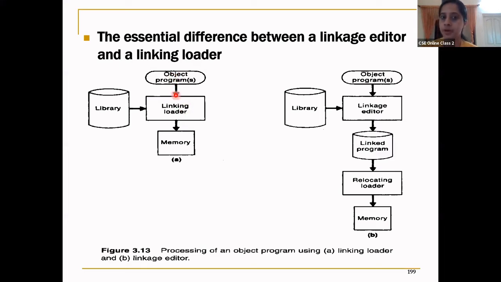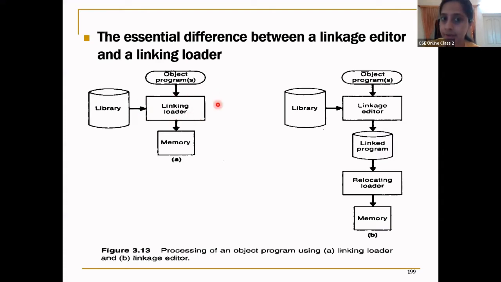When the object program is given to the loader, I have a linking loader. This linking loader, whatever library it requires, it takes from the library. Or if any automatic library search is used or any extra library we have called, obviously it takes from this library and then starts linking into the program.